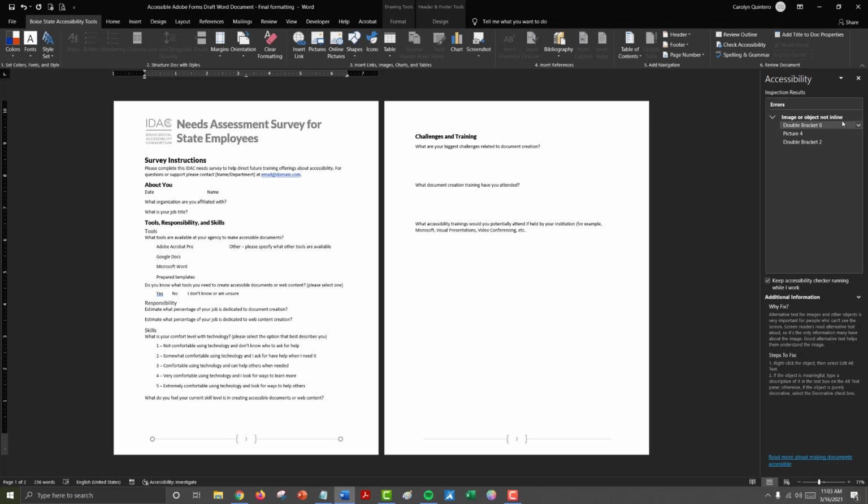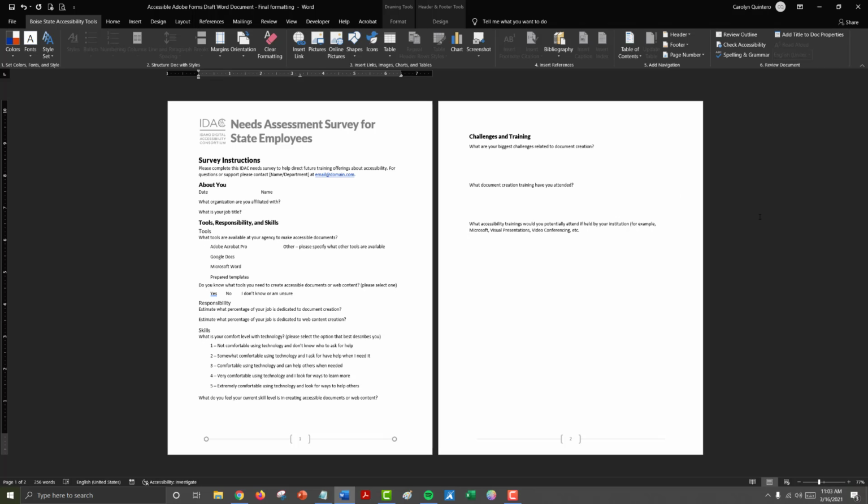Since we are not sharing this as a Word document, we are sharing this as a PDF document, we can ignore this particular error because the PDF tags that we add to the document allow us to bring that image and that content so that it's discoverable by a screen reader user. So we can ignore this particular error.